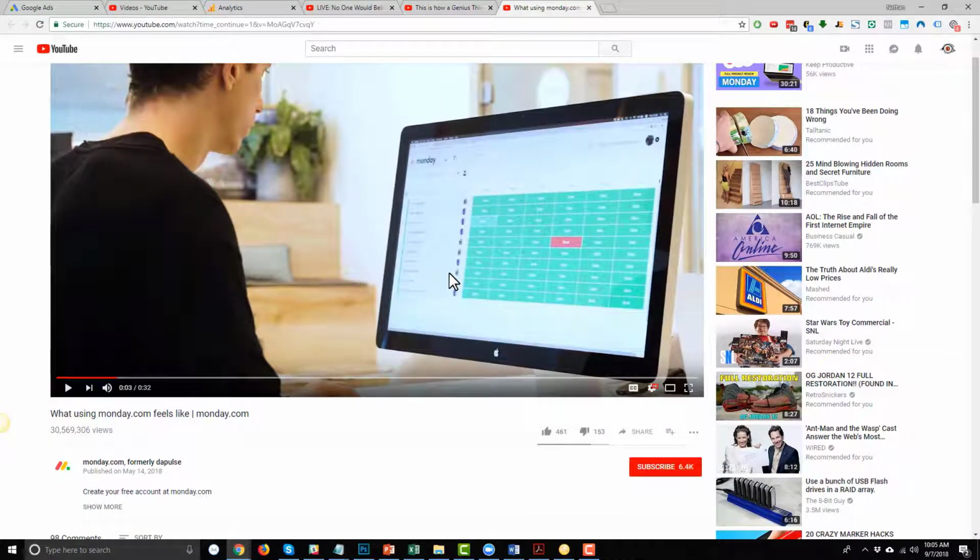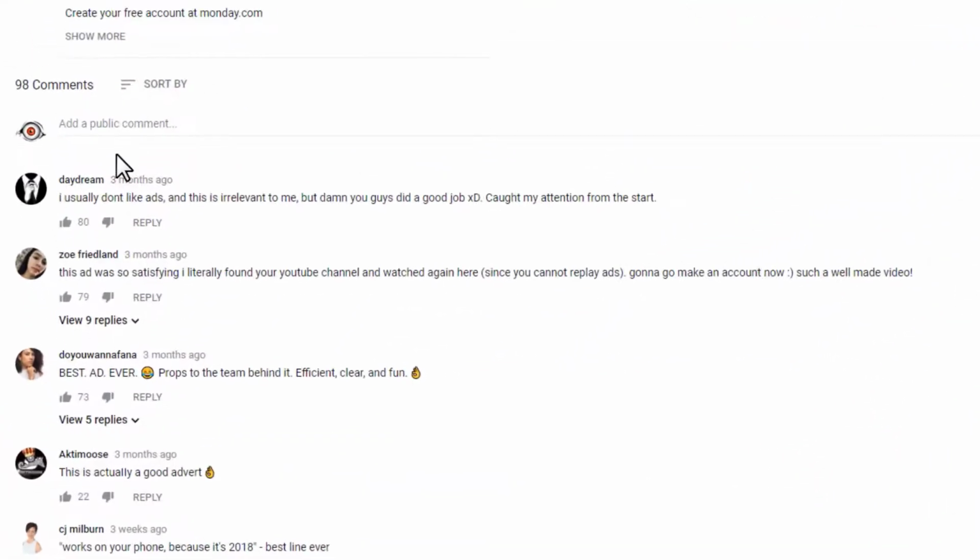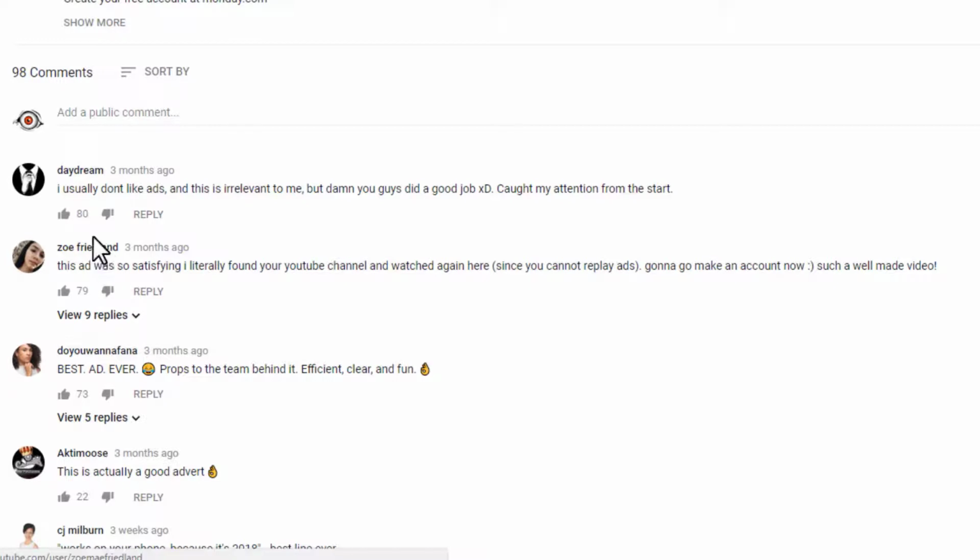So this must be a good ad and one you'd probably want to hack and emulate or model, things of that nature, assuming that you have a similar product, or maybe even if you don't, this framework is still likely applied to any other business model, right? Frameworks are typically universal. There might be some things that are specific to a market or product, but you know what I'm saying. And then you can just come down here, and sometimes these comments are very helpful.